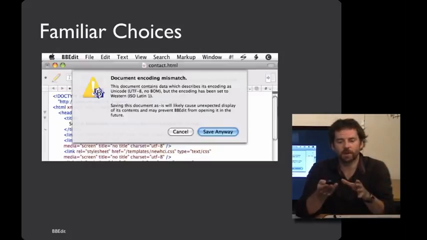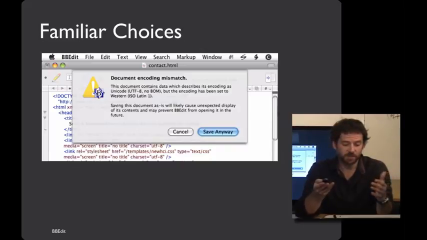Here is a dialog box that says that you have a document encoding mismatch. You've got a document which describes itself as being UTF-8 no BOM, but the encoding has been set to Western, ISO Latin 1. Now, this is a developer tool, and so it's reasonable to expect some fluency with things that are under the hood,